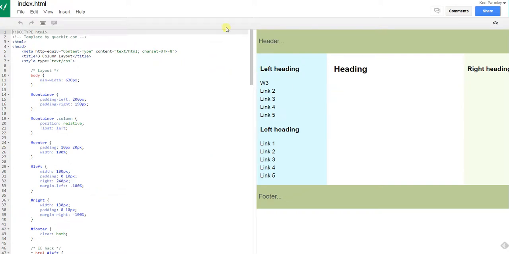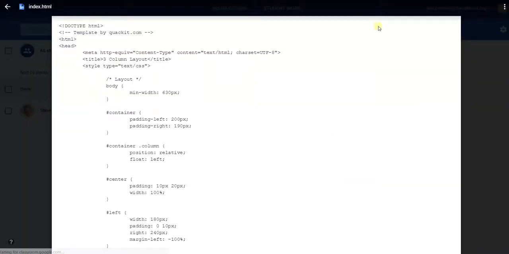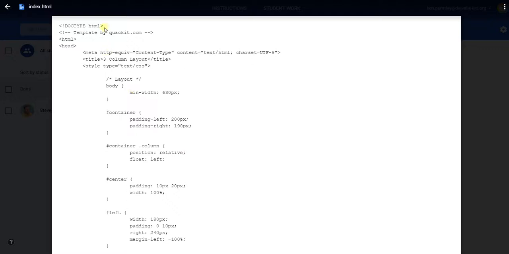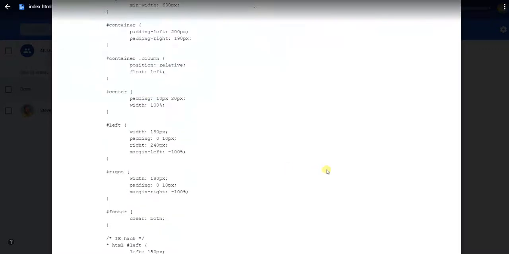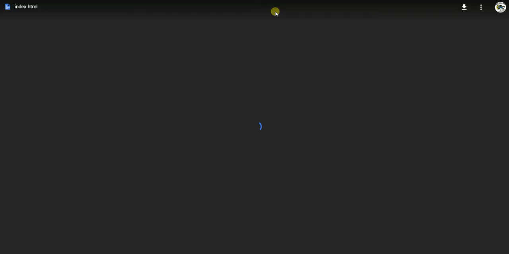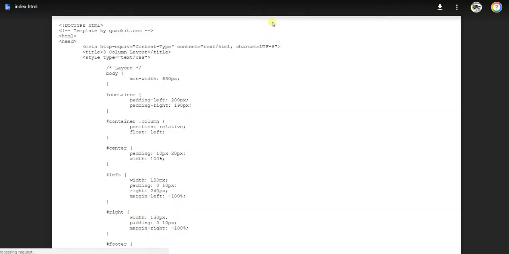So when students upload work through Google Classroom, the student is going to upload their work. You're going to click on the document. Once that code comes up within the Google system, you want to make sure that you go to More Actions, open a new window, and from the drop-down menu choices, love the little add-on called